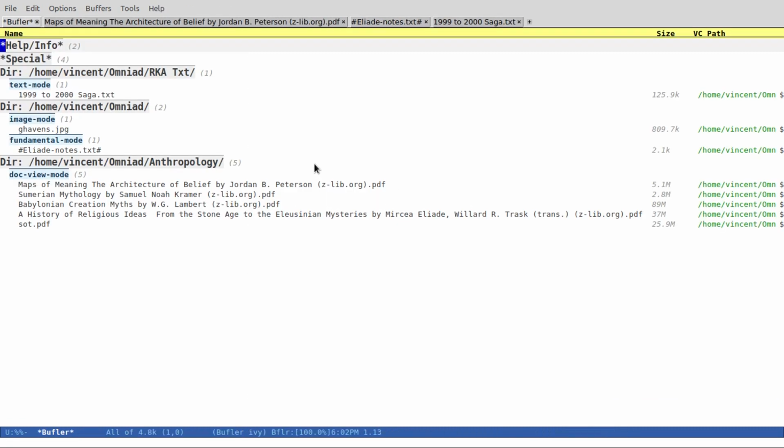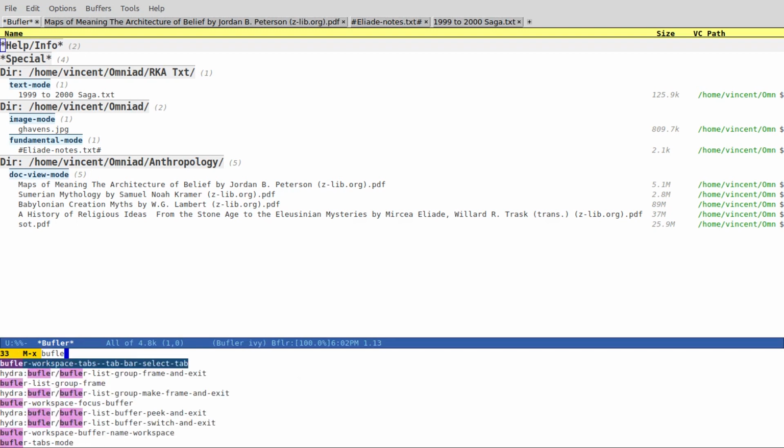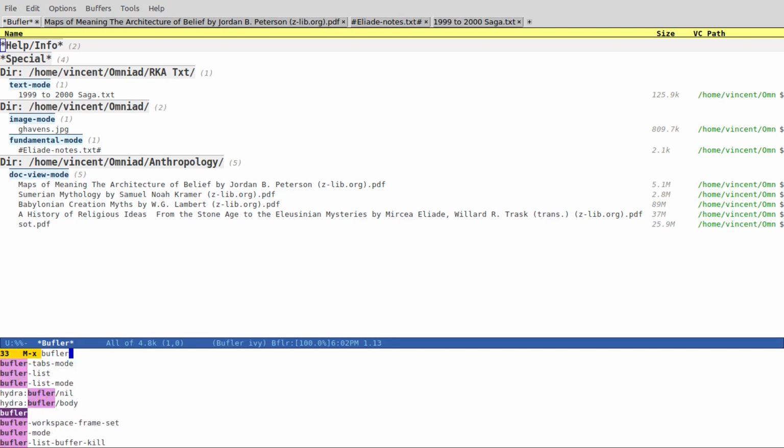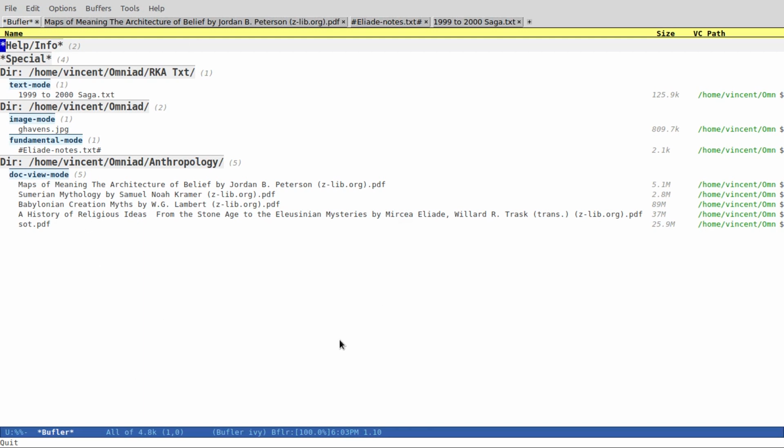You're going to see I've got my PDFs up. Now look at this. You'll notice over here I'm using something called Ivy. Ivy will bring up automatically a fully featured menu for you. So right now I'm in Bufler mode, but you can see this is just beautiful. You don't have to hunt around for things with Ivy. Bufler creates this configurable, interactive table of contents for everything you have going in your project.